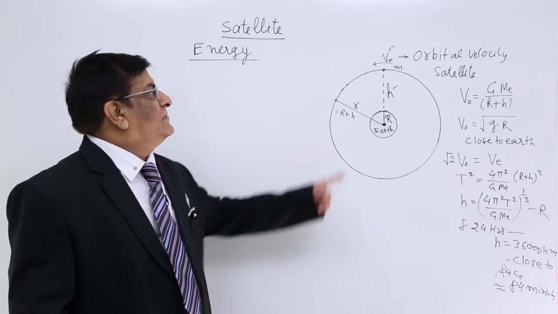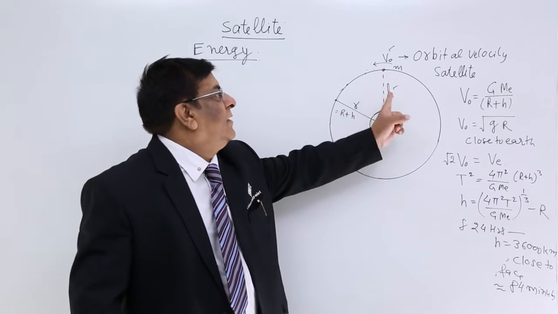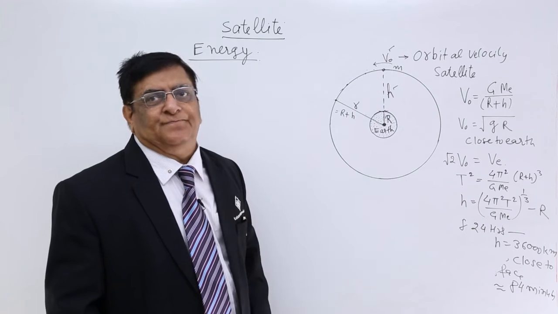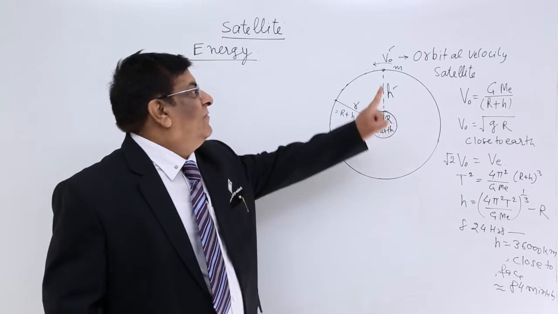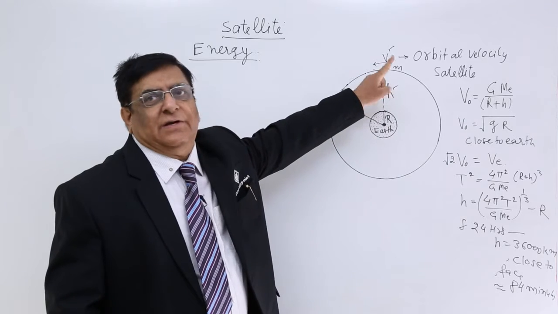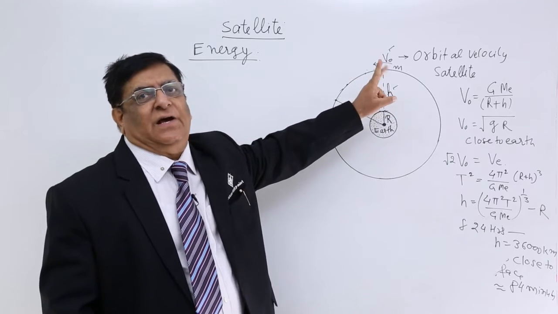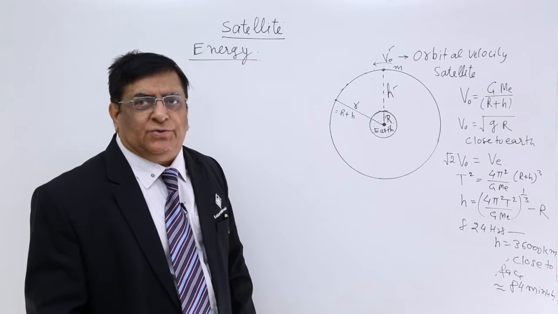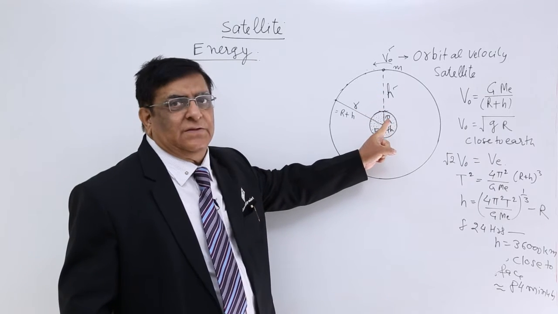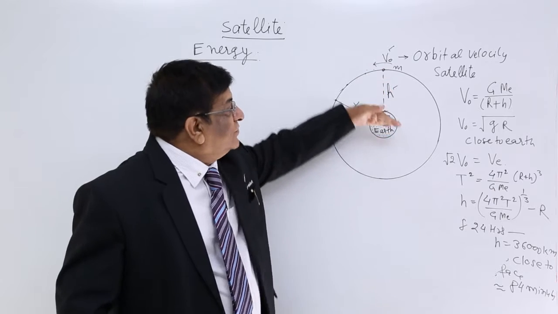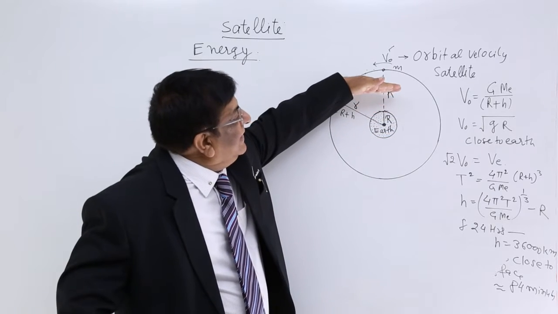When a satellite is moving around, it has certain energy. Why does it have energy? Two reasons. Number one, it has velocity and mass, therefore it has kinetic energy. Number two, there is always a force of attraction towards the earth, and against this force there has been a